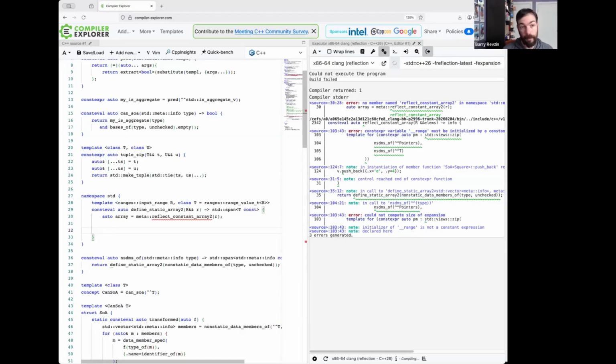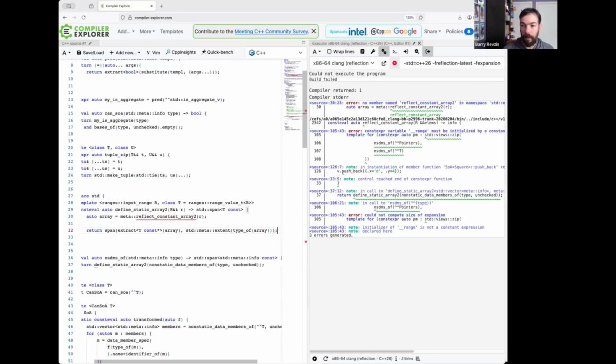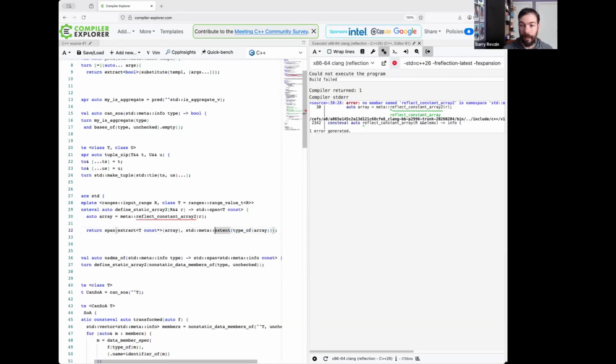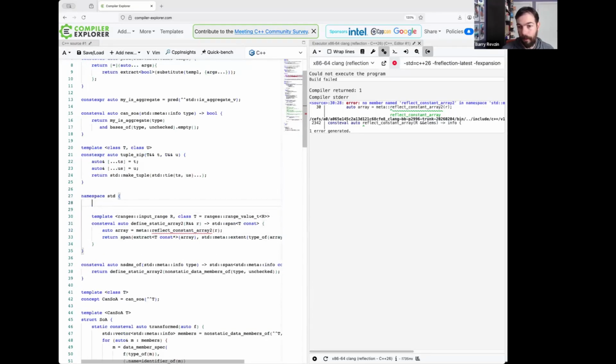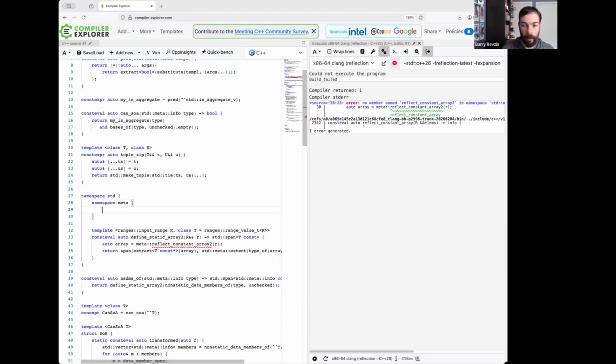I know what the type of the array is, and so it's easy for me to turn that into a span because I can extract the pointer from it and I can get the extent of the array this way. And while the array itself isn't a constant expression, I know that the type is an array type, so we have this type trait std meta extent that gives me a size t. So this is totally fine. All right, because span takes a pointer and a size, that works. And now we'll go ahead and do the hard part, which actually isn't that hard either, which is reflect